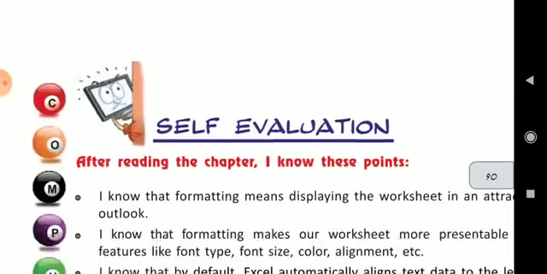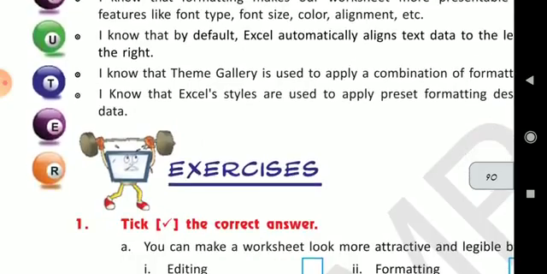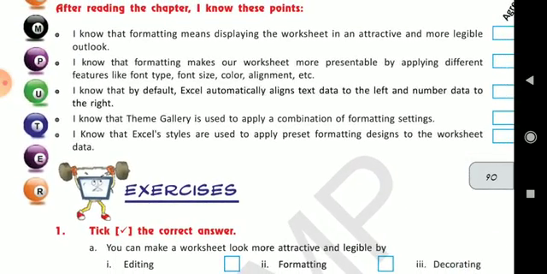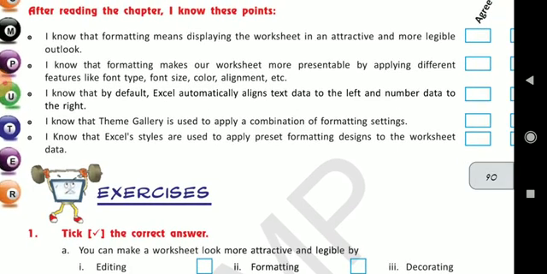Now, coming to the exercise. I know that formatting means displaying the worksheet in an attractive and more legible outlook. Yes, of course, we had already read about it and know also that formatting is used to give an attractive look to the workbook.